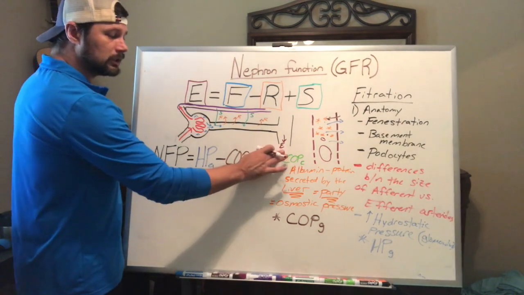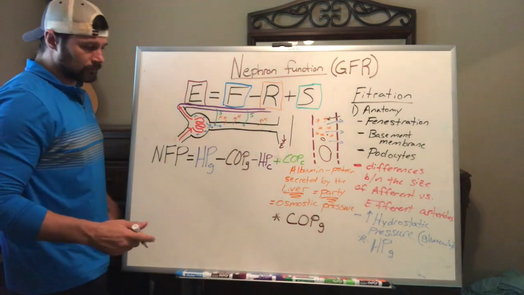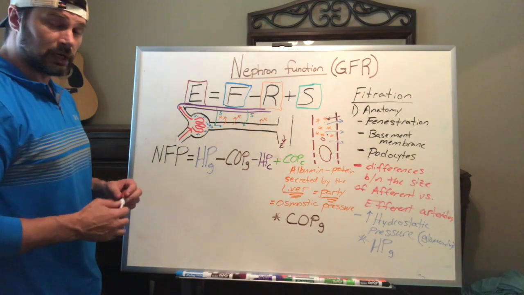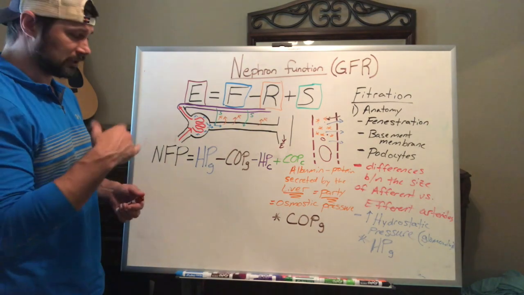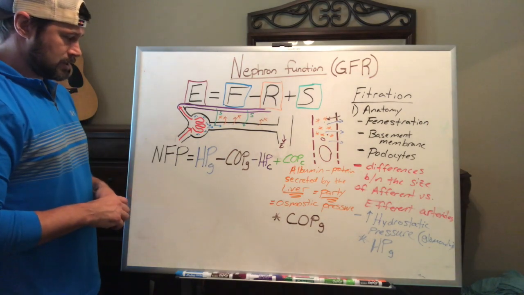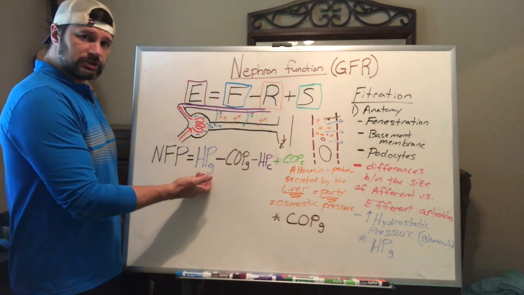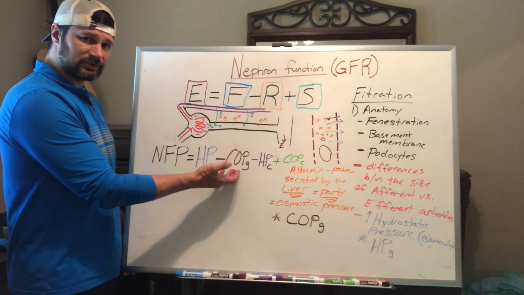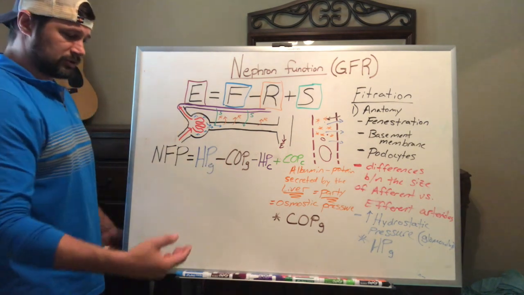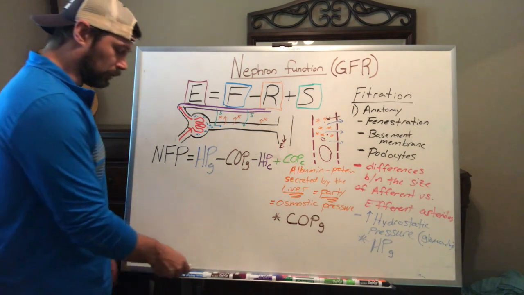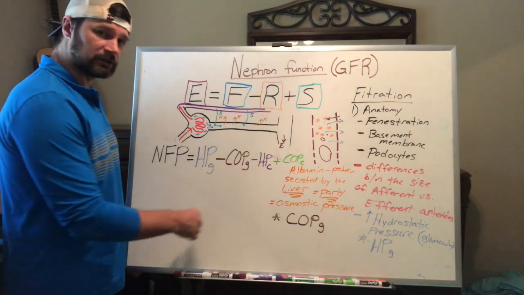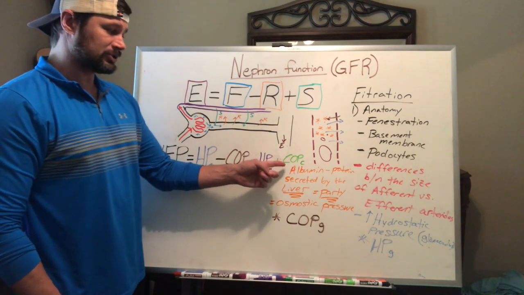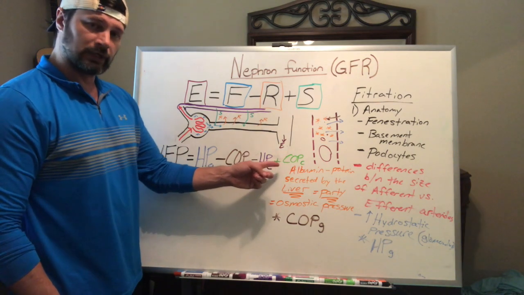And this is how we can use a formula to describe almost any disease. Not every disease. We're going to get there with the next part of this lecture. But now if we have blood pressure issues, liver issues, or any sort of protein issues in our blood, or we start to dilute our blood out too much with water, those things affect our colloid osmotic pressure. If we have kidney disease, then it's going to start changing these two variables,